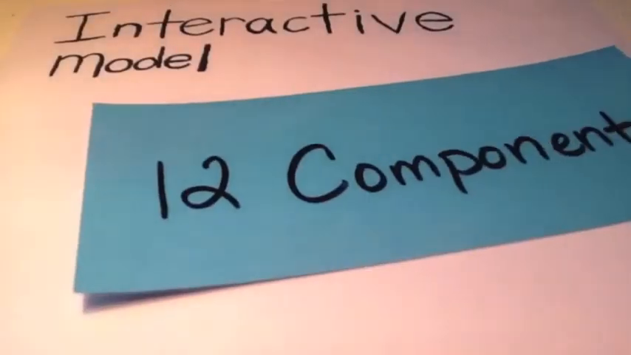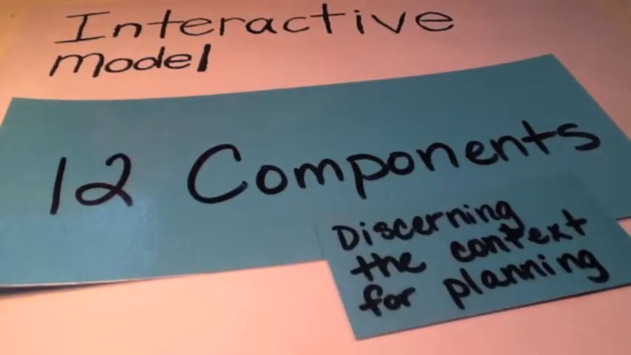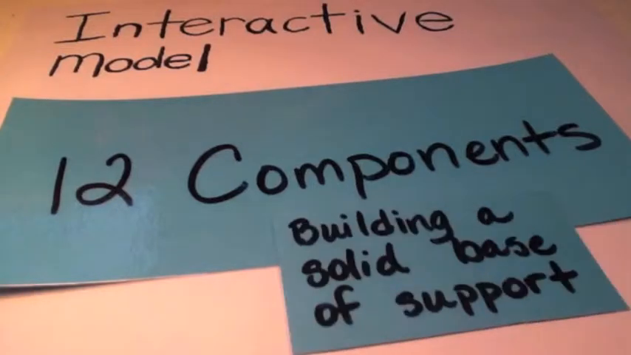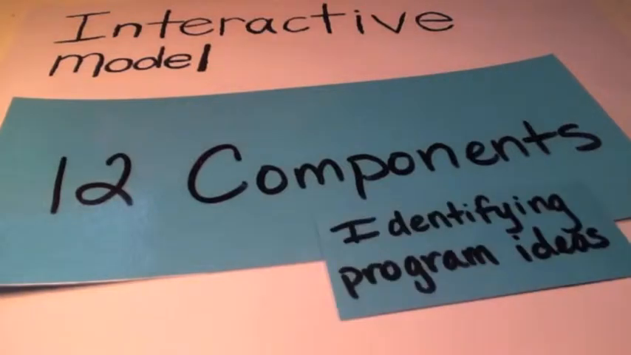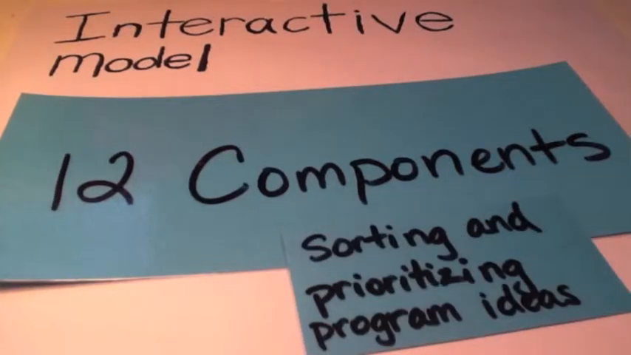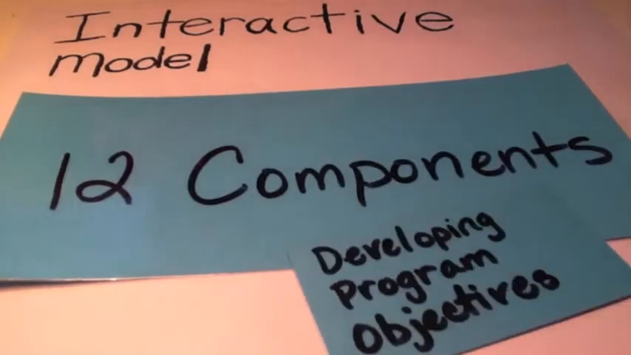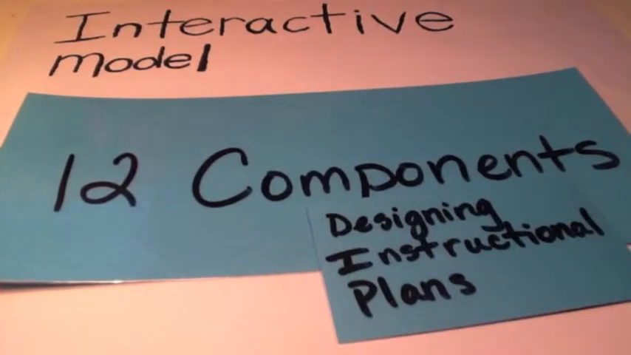Now we come to the interactive model of program planning. Caffarella gives the interactive model 12 different components. The first one is discerning the content for the planning, building a solid base of support, identifying program ideas, then once those are identified, sorting and prioritizing those program ideas, developing program objectives, designing the instructional plans to reach those objectives,